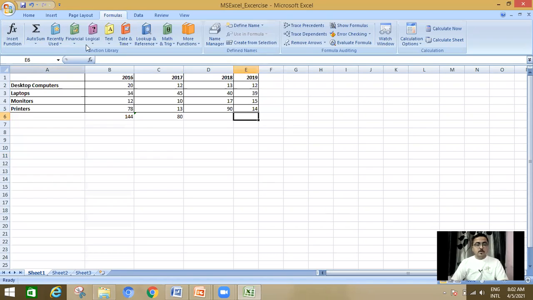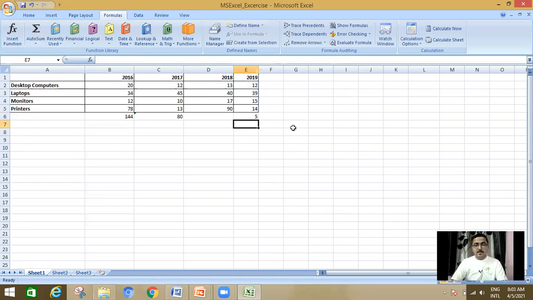So go to the formula, then click on AutoSum, then count numbers. From where? By default, it takes column E1 to E5. Okay, and just press enter.